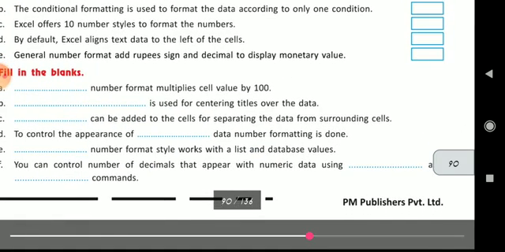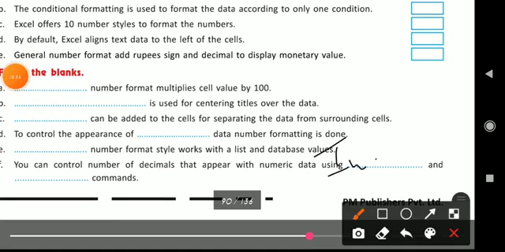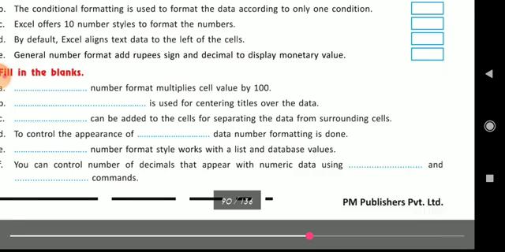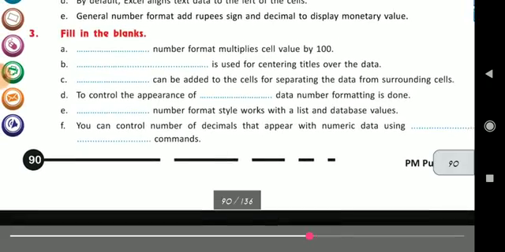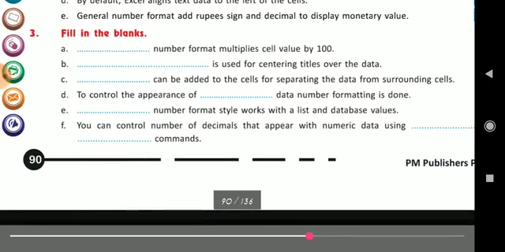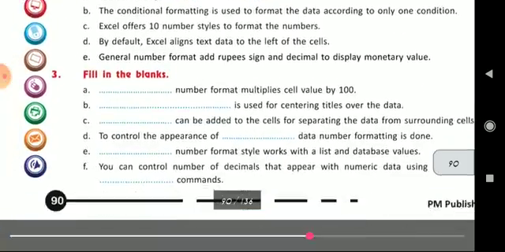In the first blank you will write increasing decimal, and second decreasing decimal. Increasing and decreasing. Okay. So now we have also completed our fill in the blanks, true, false, and take the correct.